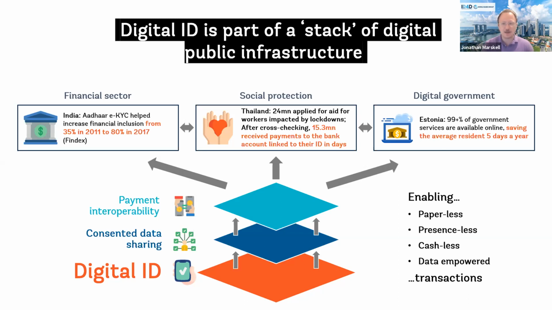Above that layer is the payments interoperability. I'm not going to go into great detail about this. There's far better experts than I on this. But what's important is that alone these layers do have value, but together, when they work seamlessly, when they're designed with APIs that link them, when the processes are complementary, when the standards are common, you unlock the ability to do a lot of new transactions. You'll see three examples there. First is in the financial sector. Of course, there's the famous case of Aadhaar in India, which contributed to increasing financial inclusion from 35% to 80%